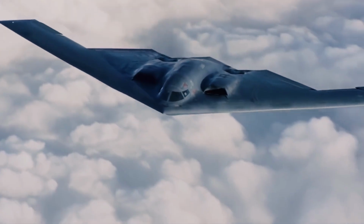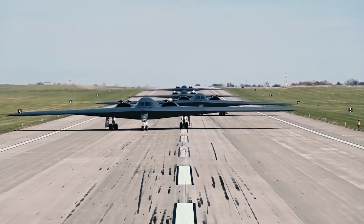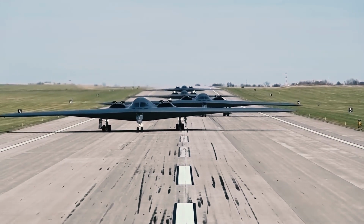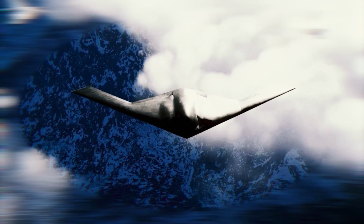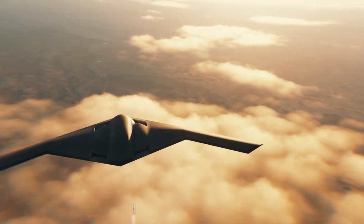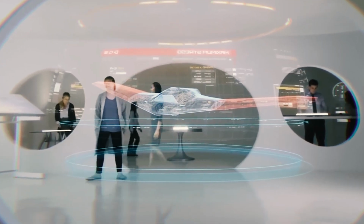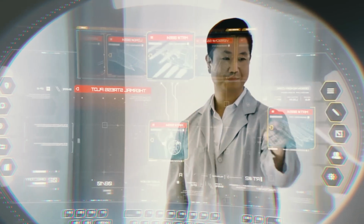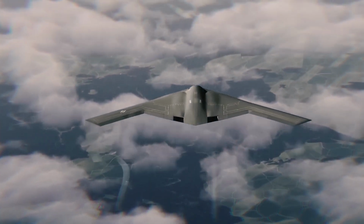Air Force Global Strike Command boss General Thomas A. Bussiere announced September 12 that the B-21 has begun engine runs as part of its ground testing program. Air Force Secretary Frank Kendall said the B-21 program includes a long-range strike system that will be integrated with the aircraft, such as weapons and sensors. Although often shrouded in secrecy, it's crucial to recognize that the B-21 Raider forms just one vital component within a